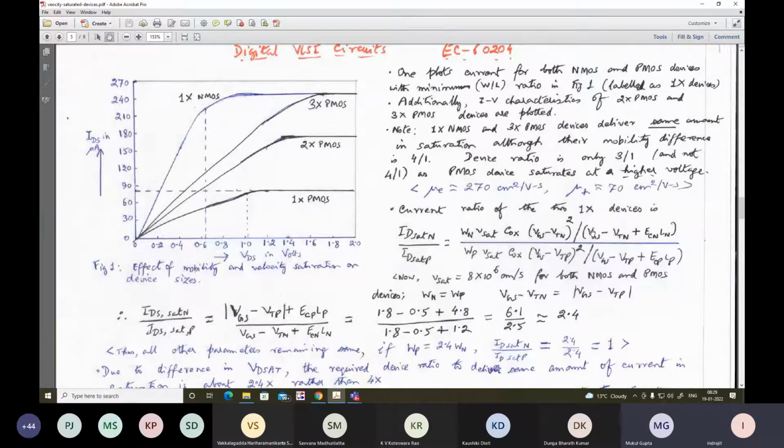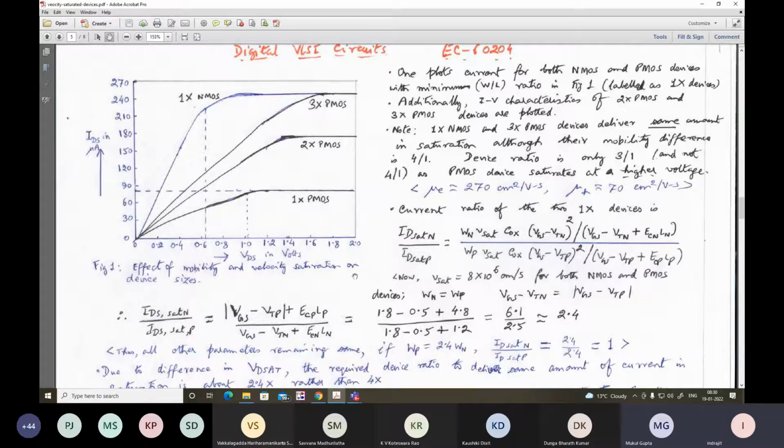and the numerical magnitude of their threshold voltage is the same, namely 0.5 volt, and also the product of critical field and channel length happens to be 4.8 volt, near 4 times larger compared to that of the PMOS device. Saturation velocity is also taken to be the same. Capacitance per unit area is a technological parameter, so this remains the same for both devices. So VSAT COX is the same for both devices. They get cancelled out, and VGS minus VT also gets cancelled out.